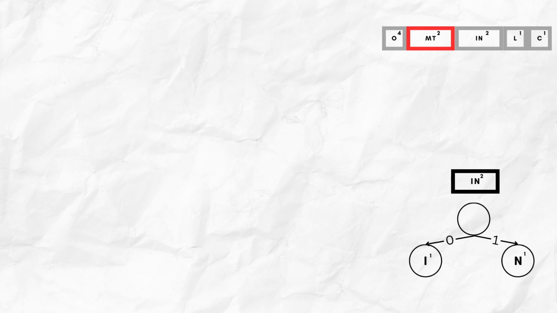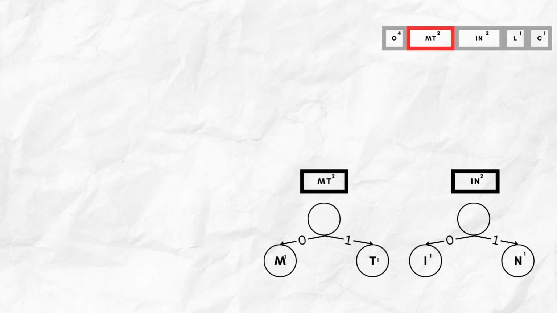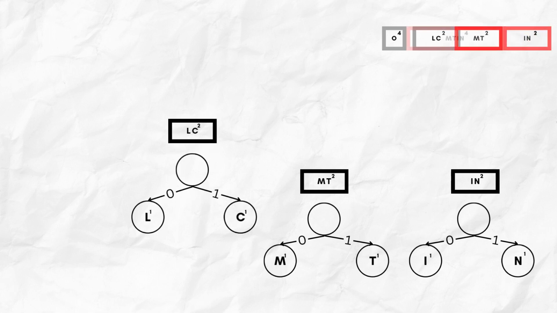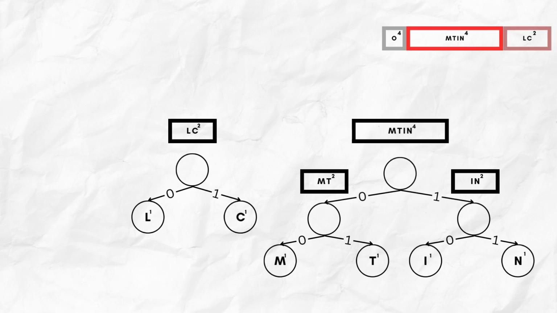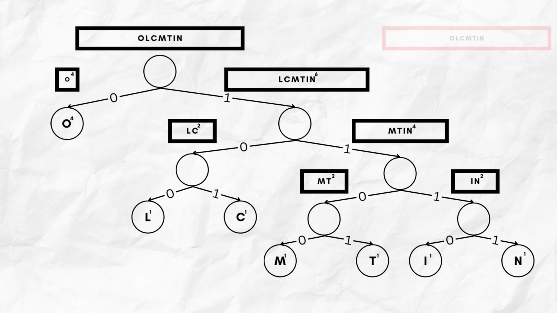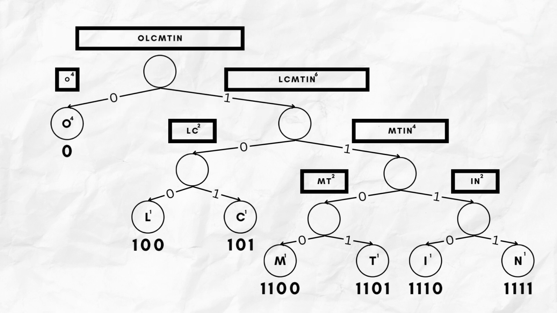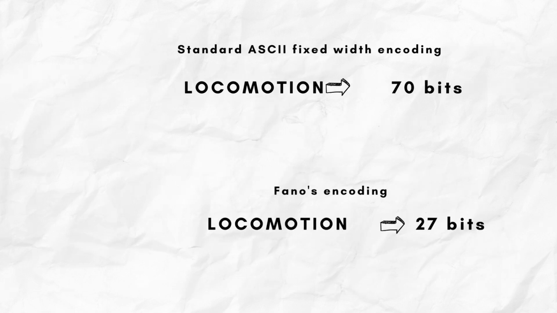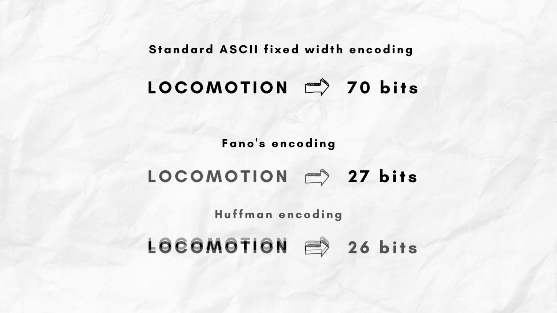The chart updates again. O still has the frequency of 4. IN and MT now each have a frequency of 2, and the letters L and C remain on their own. We continue the process repeatedly, grouping the two least frequent options, updating both the tree and the frequency chart. The resultant tree can be used to obtain the code for each character, just like we did in the case of Fano's technique. While it may seem like a small difference, Huffman's method can save a single bit in the